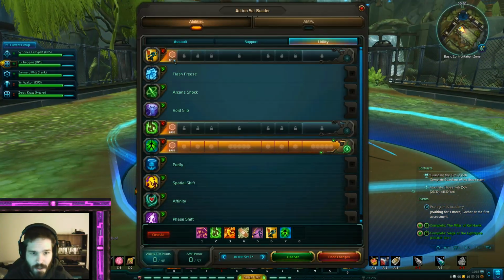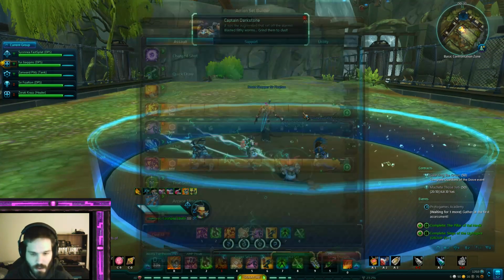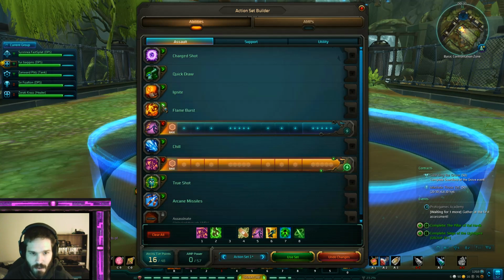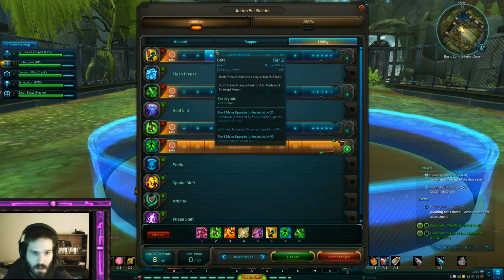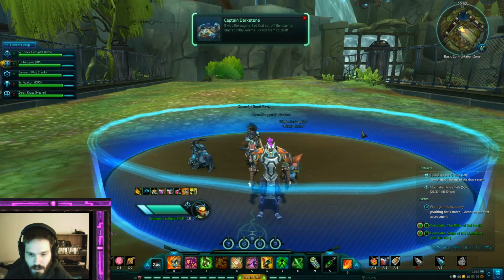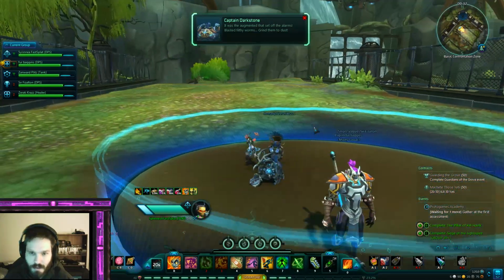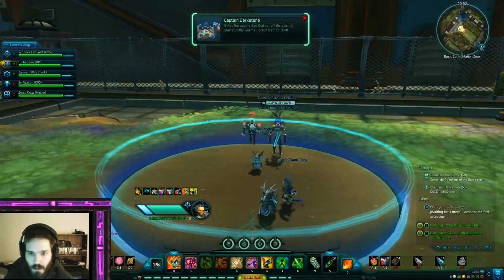I'm going to throw on an extra interrupt here. Alright, so I've got 2 interrupts. Matter of fact, I'm going to drop this down to that. I'm going to add an extra bit of points onto my arcane shock, so I've got 3 interrupts now. So it's 2 interrupt armor, this has 1 interrupt armor. Important to do for...